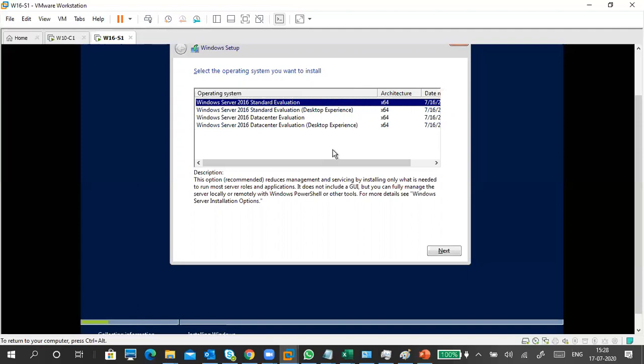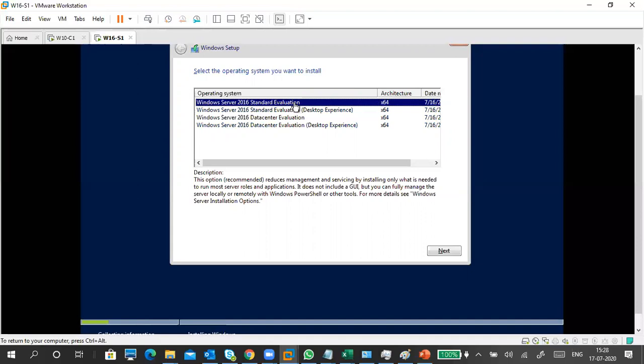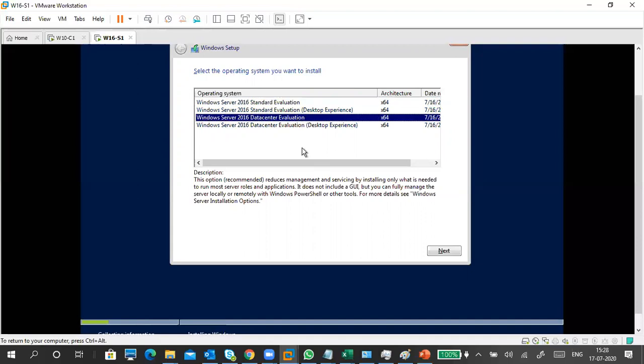If you select the other options, you should do your practicals on your own. I don't want to solve your practicals. You should figure out how to do practicals, because this is the core. These two are server core. It means no GUI. The first option and third option don't have a GUI. They are lighter options. Don't select them, because it's a server core, no GUI.